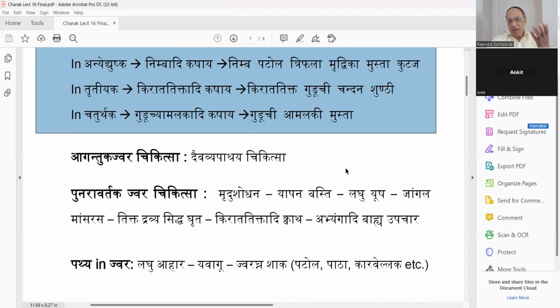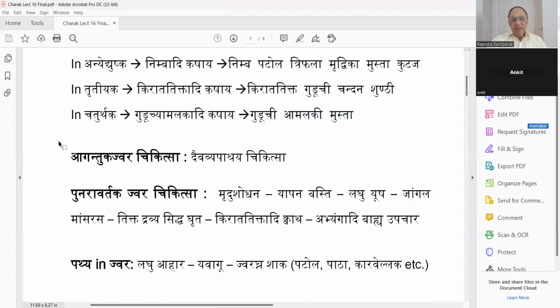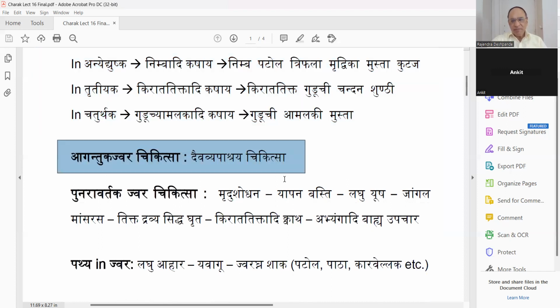में होने वाली 4 प्रकार की रहती है ना, अभिसंगज। उसमें ज्यादातर हम क्या करते हैं कि दैव व्यपाश्रय चिकित्सा करते हैं। चिकित्सा के 3 प्रकार तो आप जानते हैं, युक्ति व्यपाश्रय, दैव व्यपाश्रय, और मानसिक चिकित्सा होती है ना। ये दैव व्यपाश्रय ज्यादातर उसमें it includes the mantra chanting, जो भी प्रॉपर मृत्युंजय मंत्र वगैरह जैसे होता है,